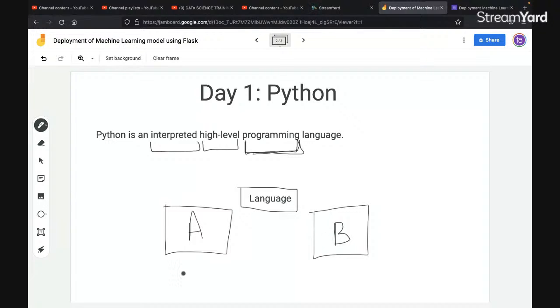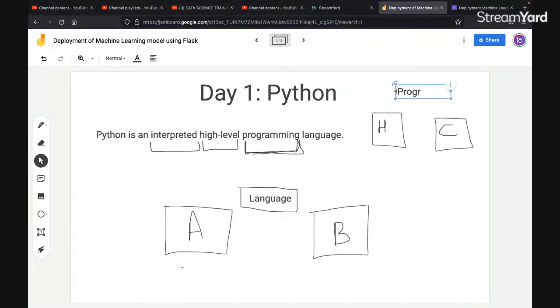Same scenario: let's suppose this is our human, and this is our computer or machine. In order to communicate with the computer, or for the computer to communicate with the human, we need a language as well, and that language is known as a programming language.